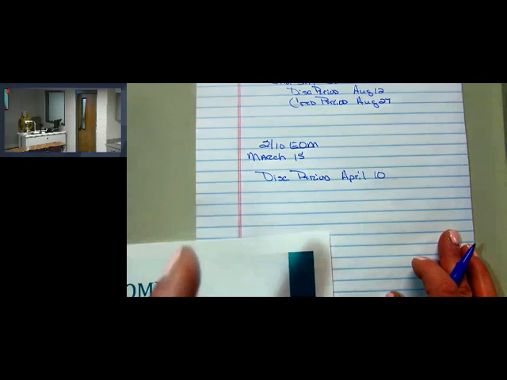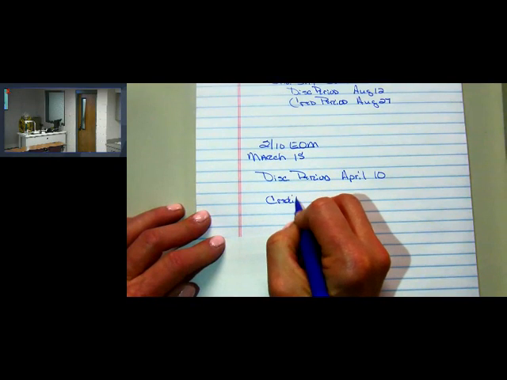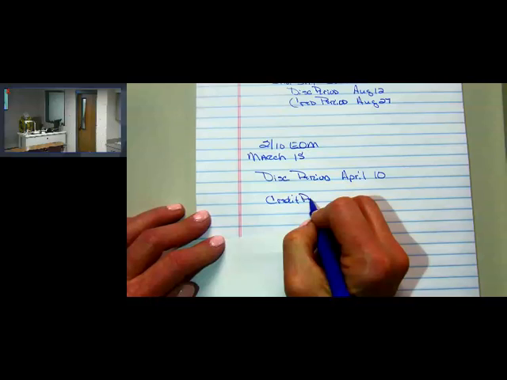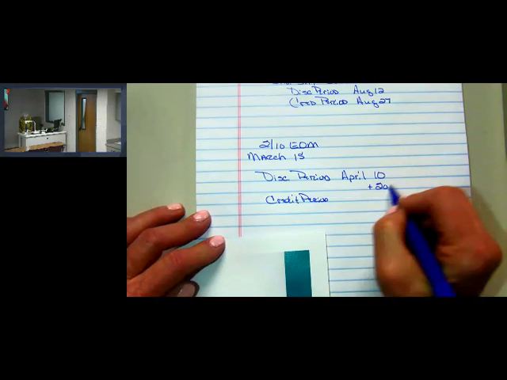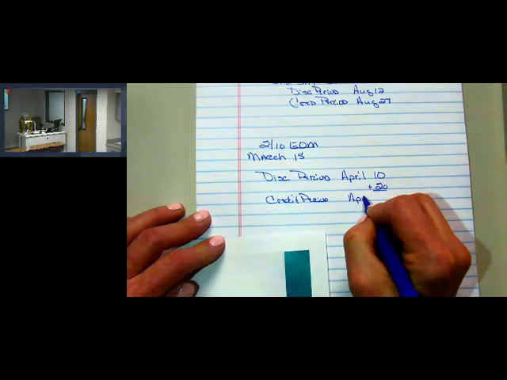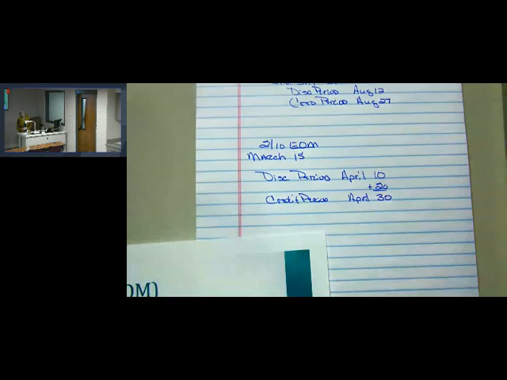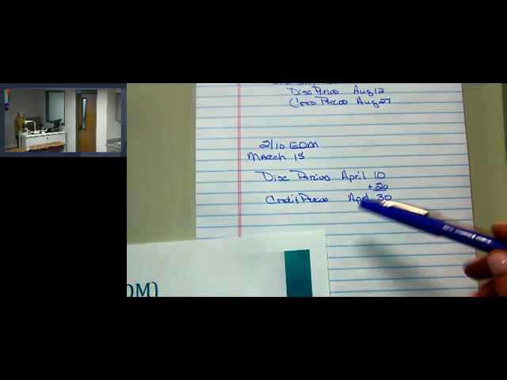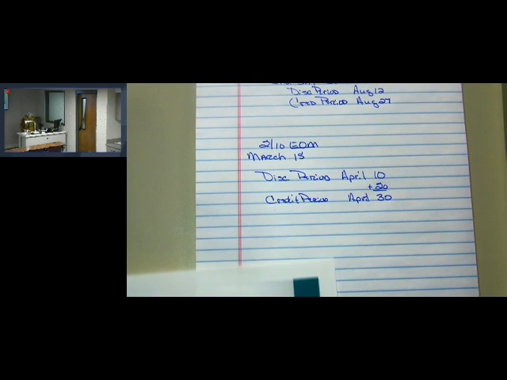And on EOMs, there's one other thing to be careful of. The credit period ends 20 days later, or April 30th. So the credit period on an EOM is always 20 days after the discount period. And I always have to look,